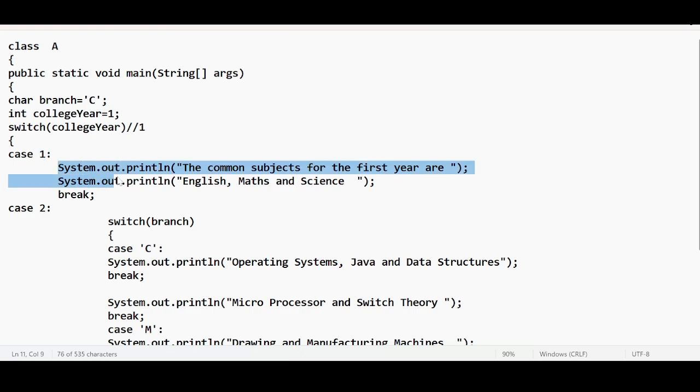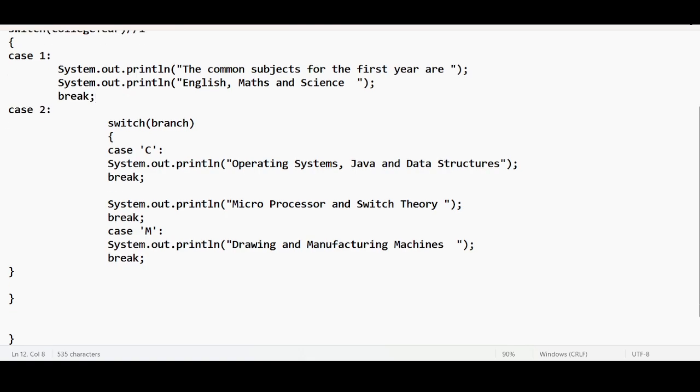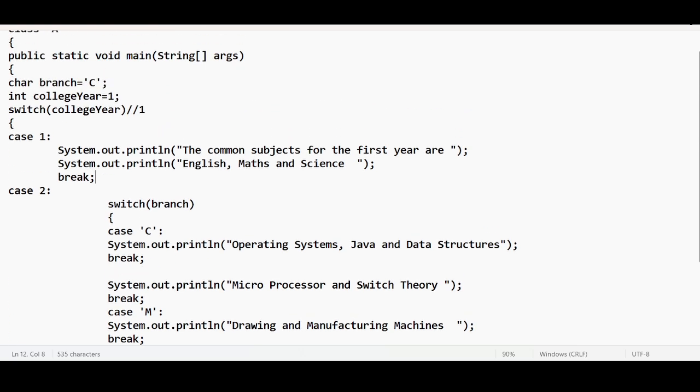So all the instructions inside case 1 will get executed, and after the execution you have placed the break statement. So this break will ensure that the control is going to get terminated out of the switch block, right? Okay, let me execute this. javac A.java,